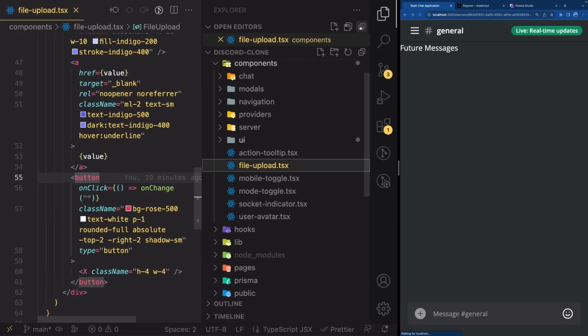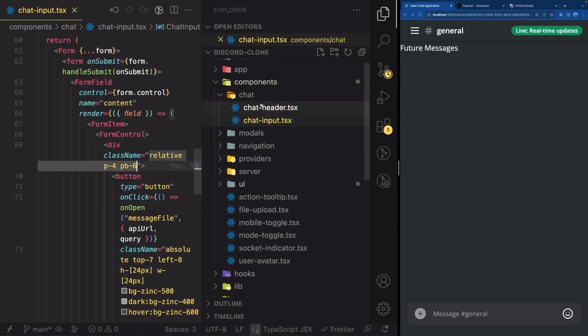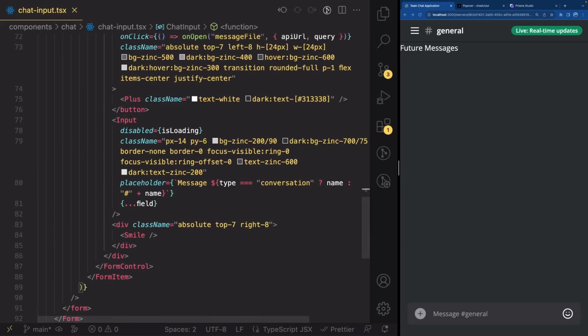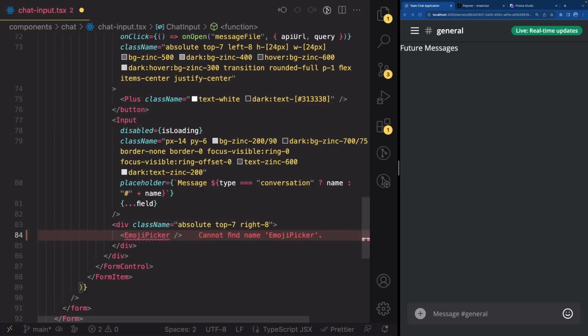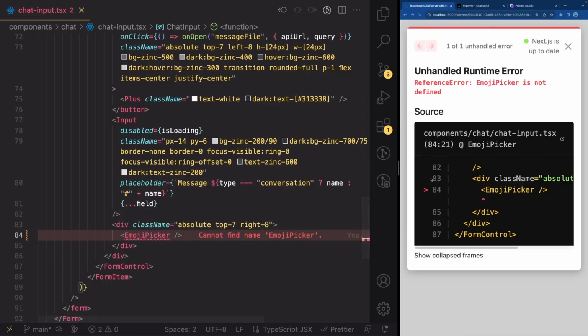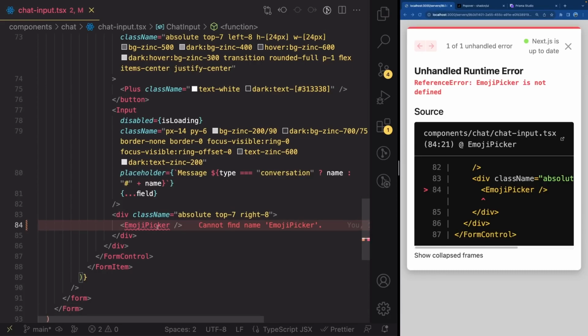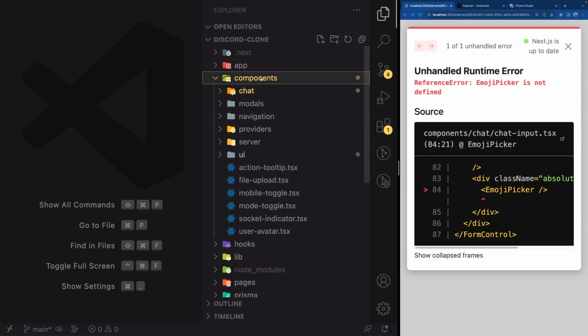So refresh your application, of course, and let's go inside of components, chat input right here. Let's find this smile icon and let's replace it with EmojiPicker like this. And don't import it from anywhere. So just save the file and you should get an error because we don't have this emoji picker anywhere. So now let's go ahead and create it. I'm going to close everything. I'm going inside of my components and create a new file,